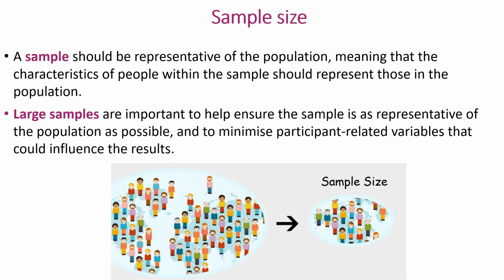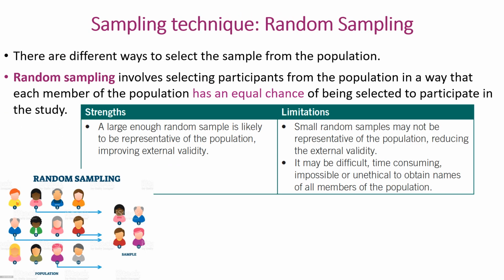Ideally, when we're running a controlled experiment, our sample is representative of our population of interest, so that basically we can again spread out those participant-related variables and generate externally valid findings. Ideally, our sample is large, not always practical depending on our access to our population, how big the population is, our resources, etc. So there's two sampling techniques listed on the study design, random and stratified. Sometimes we talk about convenience sampling, but that's not listed on the study design, so that is not fair game